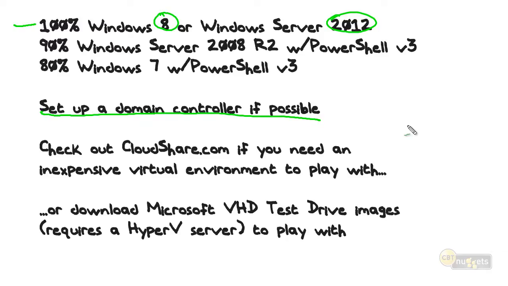Now, I'm assuming you already know how to do that. If you don't, sweat it not, or you can hop on Google or Bing and find a pretty quick set of tutorials to get a domain controller up and running. Now, if you don't have those latest versions of Windows, about 90% of what you're going to see can also be done as is in Windows Server 2008 R2 after you've installed PowerShell version 3, which is a free download